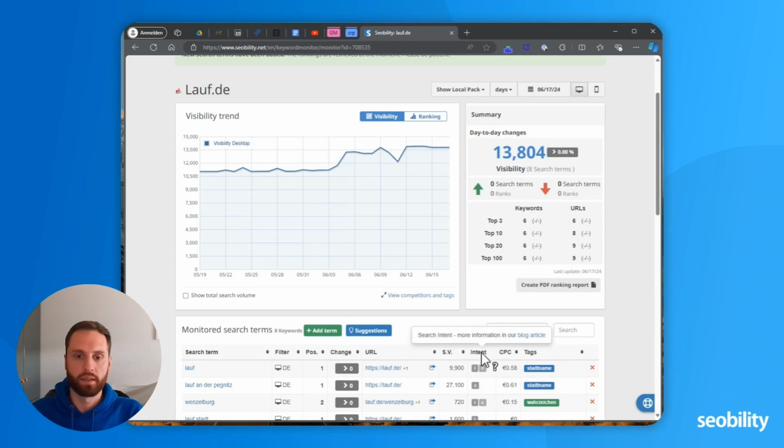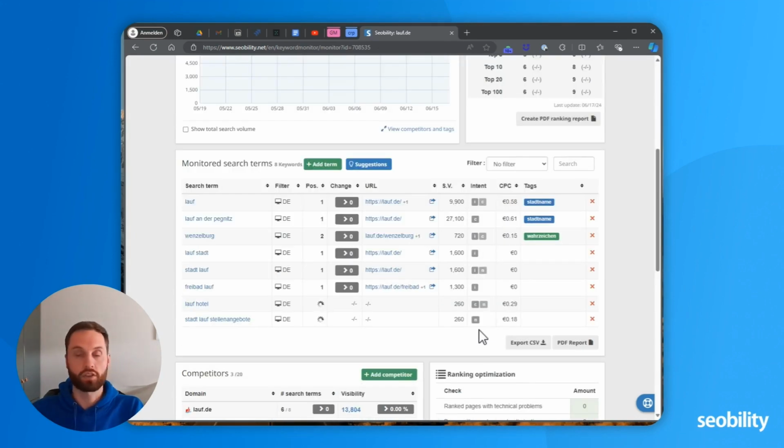This here is the search intent. It is basically the intent behind a search query. So if somebody is looking for an iPhone and he types in iPhone space gray, iPhone 13 Max space gray, whatever, then you would be pretty sure that he intends to buy this and wants to see prices, which would be transactional search intent.